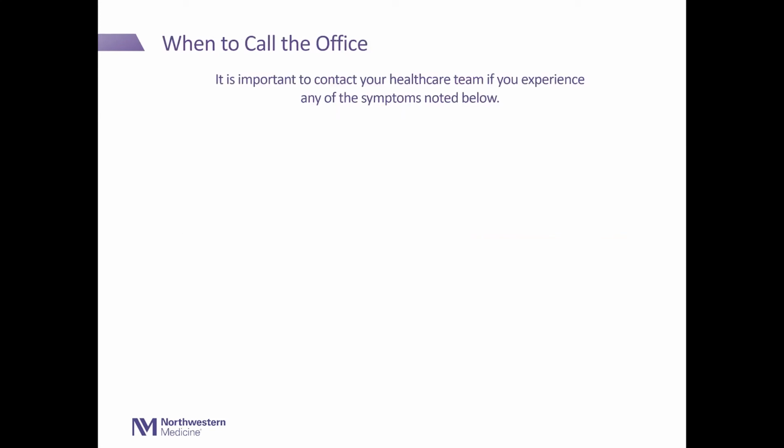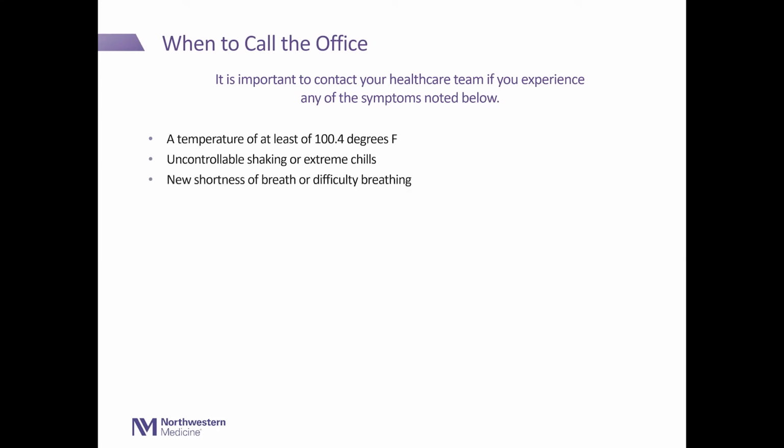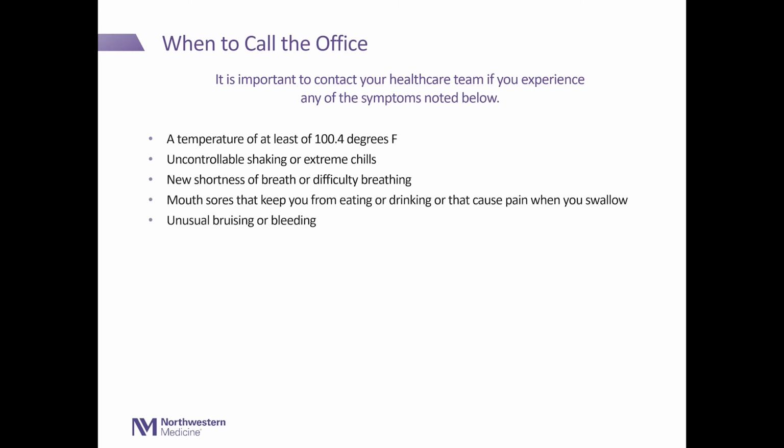When to call the office. It is important to contact your healthcare team if you experience any of the symptoms noted below: a temperature of at least 100.4 degrees Fahrenheit, uncontrolled shaking or extreme chills, new shortness of breath or difficulty breathing, mouth sores that keep you from eating or drinking or cause pain when you swallow, unusual bruising or bleeding, persistent bleeding such as